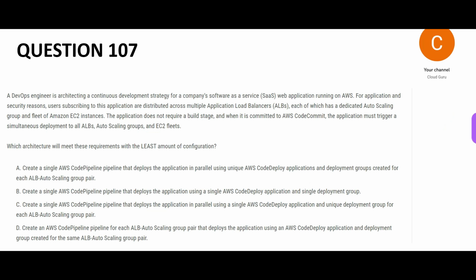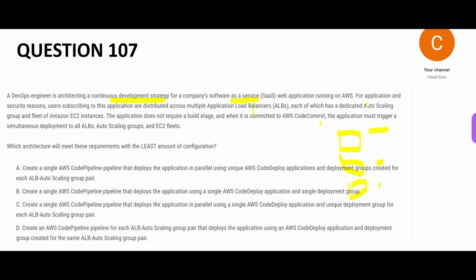Let's look at this question now. Here, there is an engineer, and what he has done is he has created a continuous development strategy. So who are the users for this SaaS application? The users are across different ALBs. There can be like these many ALBs. So the users can be here, here, here,